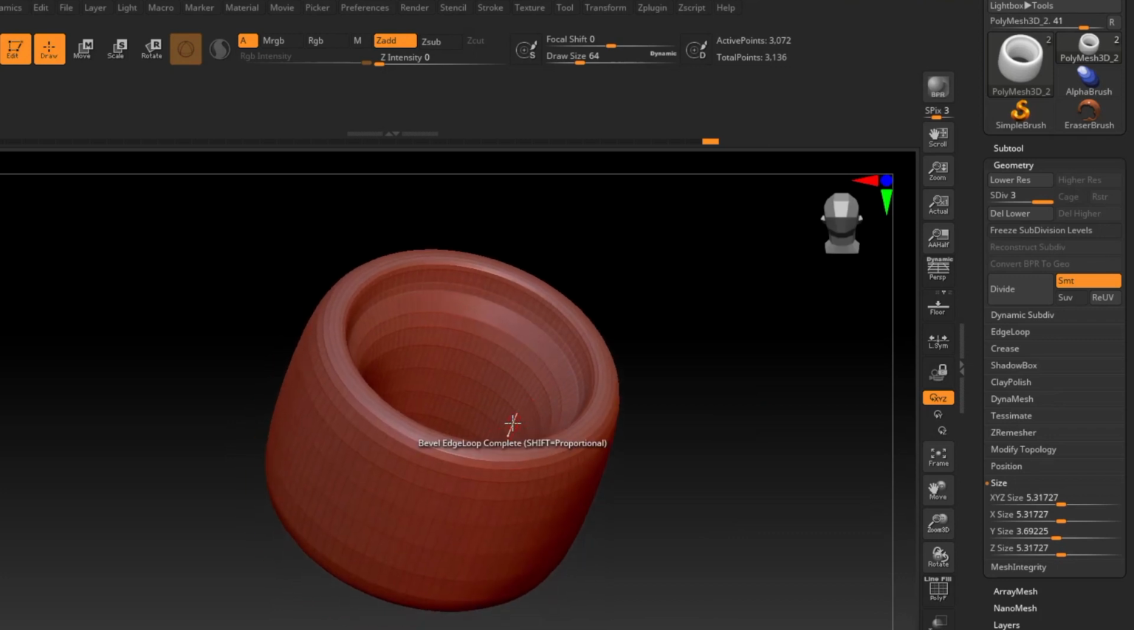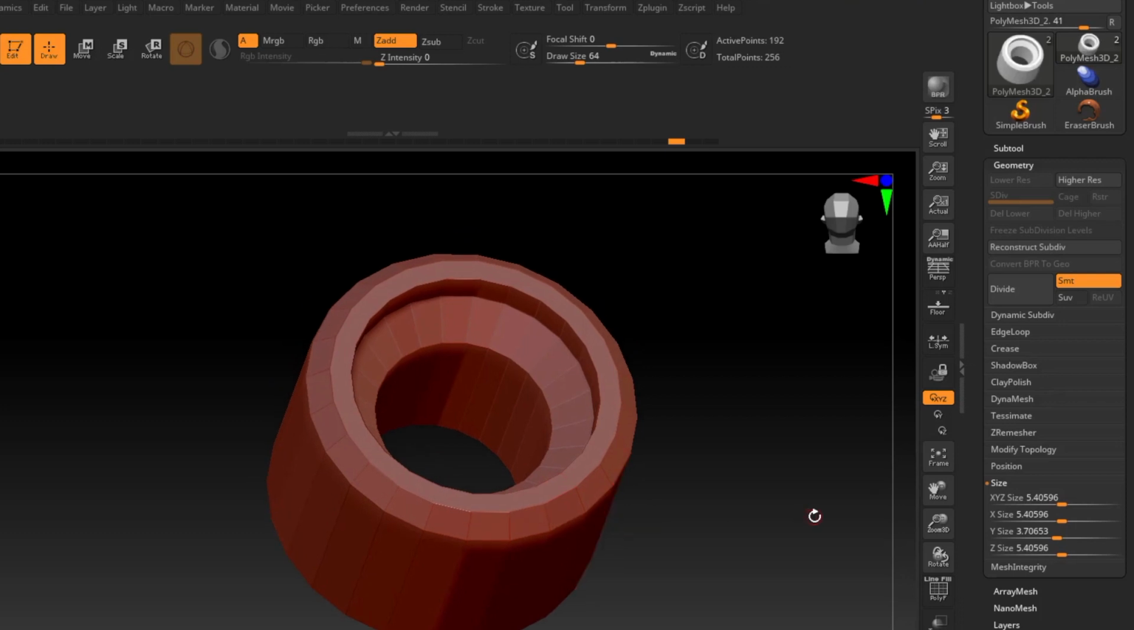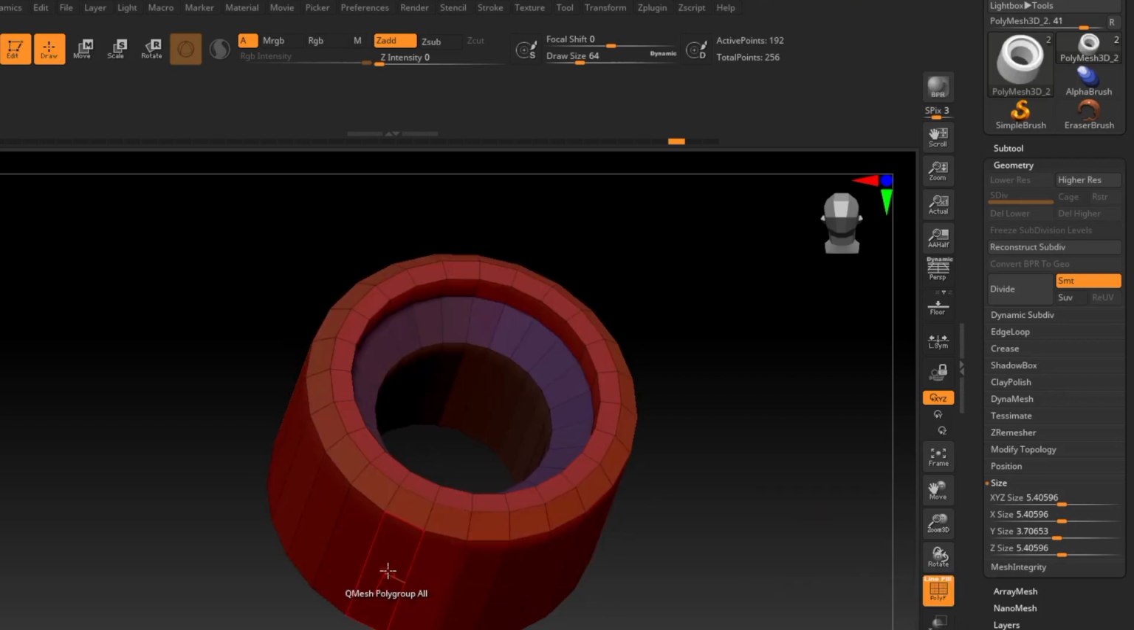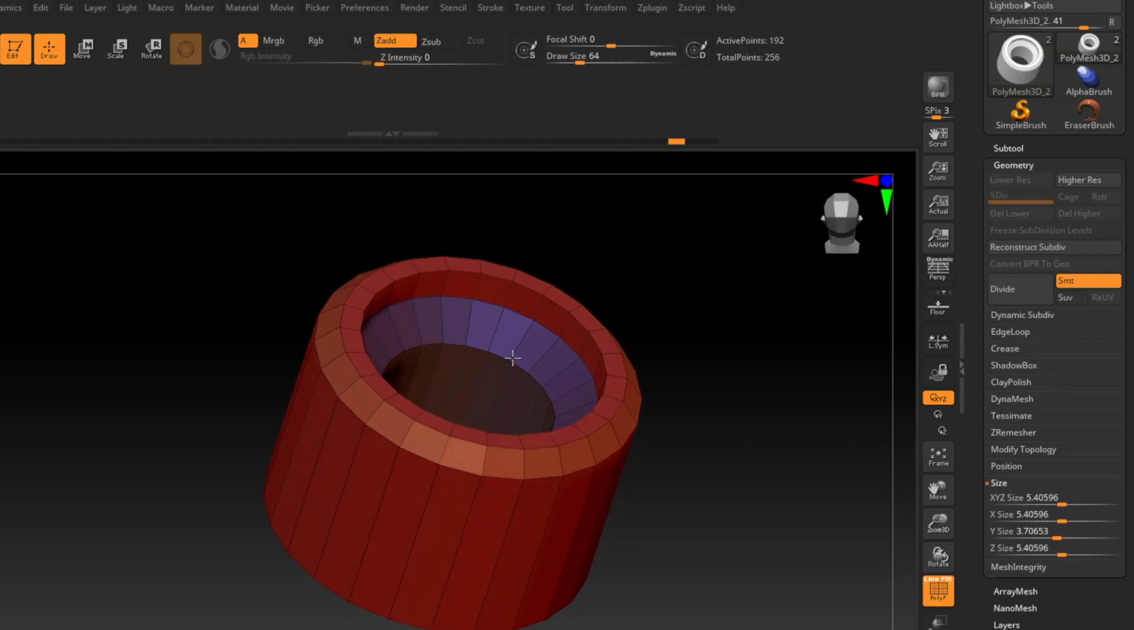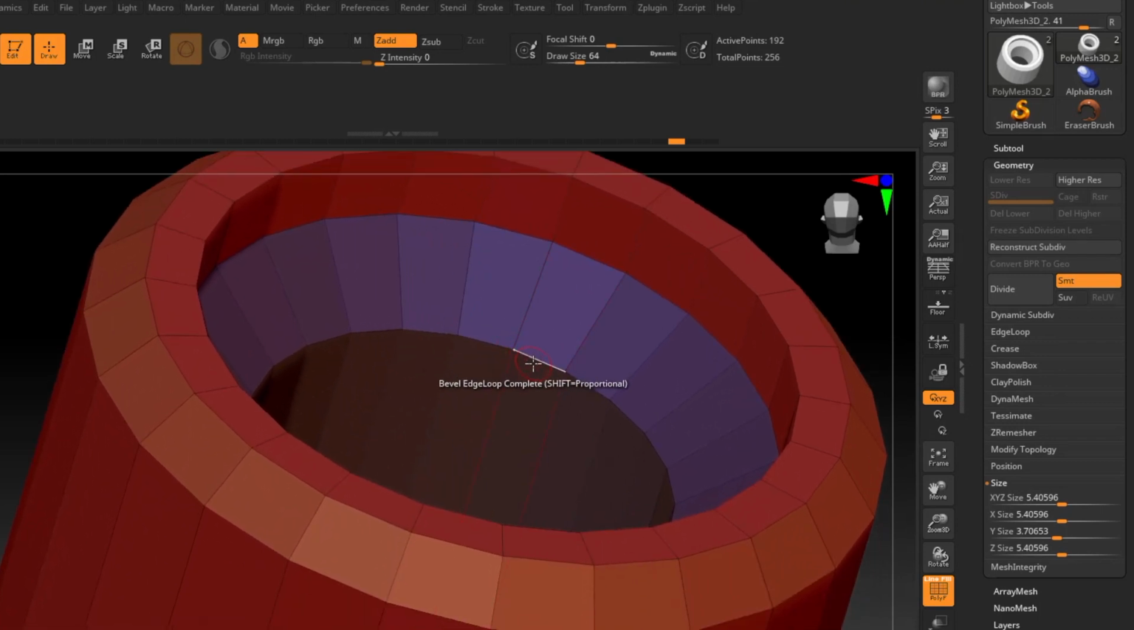So there's one more thing that we want to do to make sure that this doesn't happen when we start subdividing and adding geometry to kind of smooth everything out. So I'm going to Control Z a couple times and get back to my original bezel. I'm going to turn polyframes back on, and I'm going to do one modification to these edges. So I'm going to hover over one of these edges,